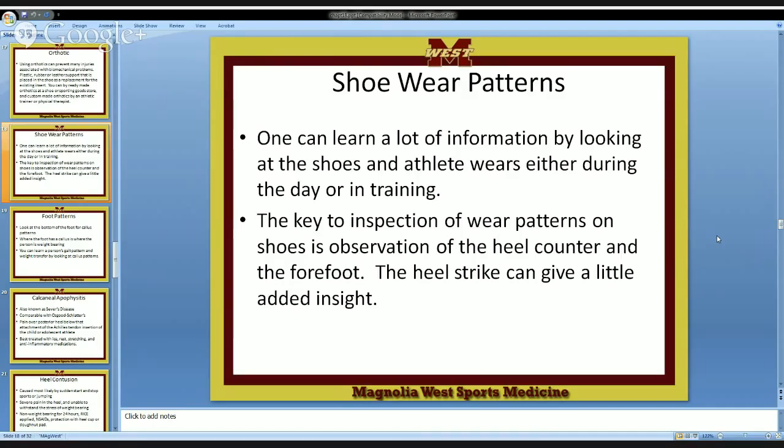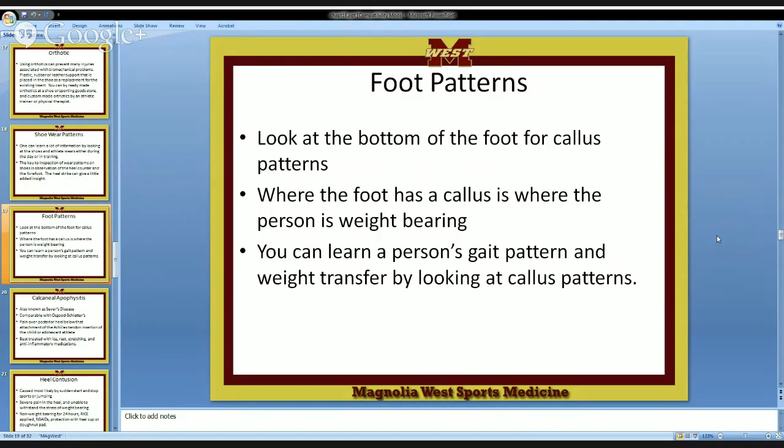Stay on path. All right. So the key to inspecting the wear pattern is the observation of the heel counter and the forefoot. The heel strike can give a little added insight. So what else can we do with that? This should lead into this. All right. So since you have on